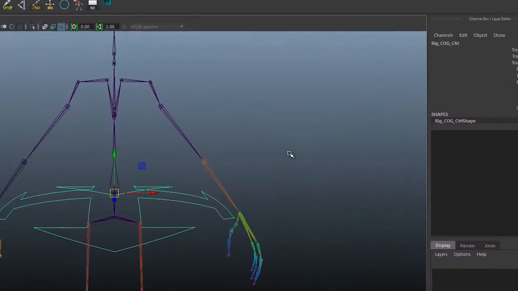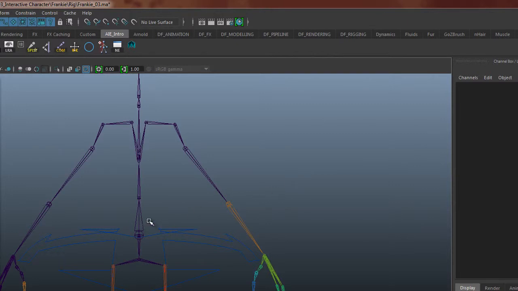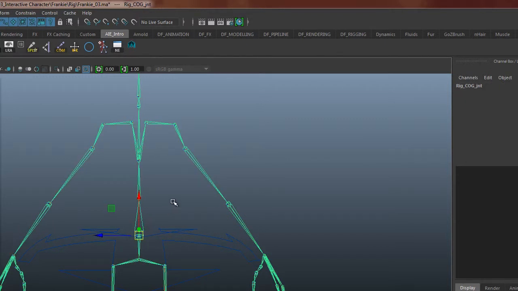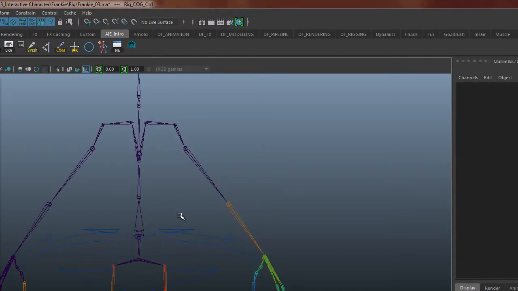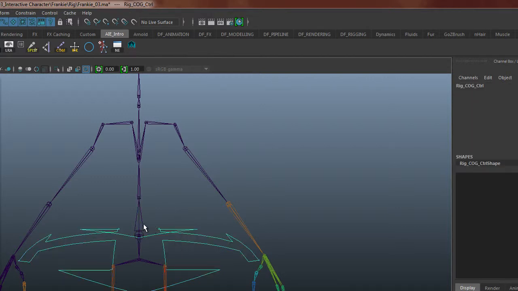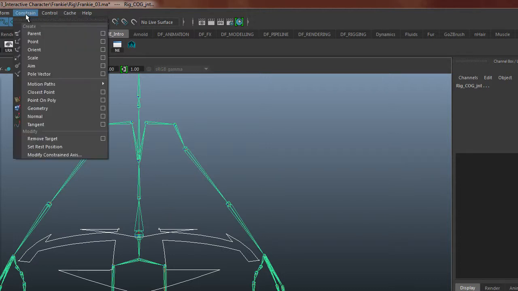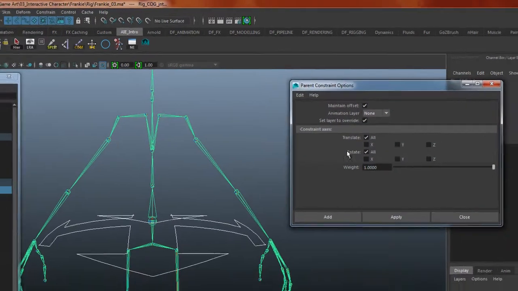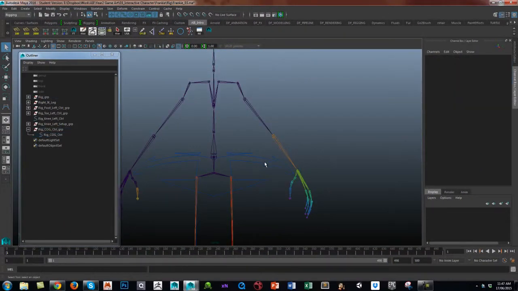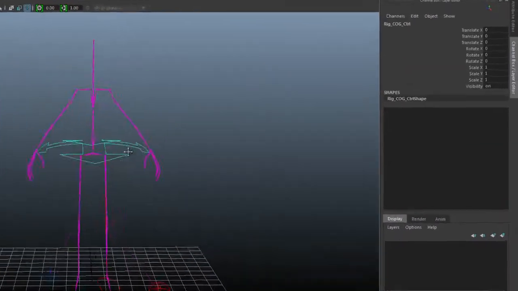And then I'm going to parent constrain your main COG joint to this control. So with constraints, always select the driver first, shift select that main root, constrain, parent, and maintain offset, and add. Okay, so now